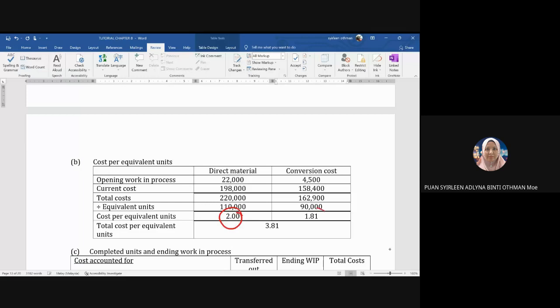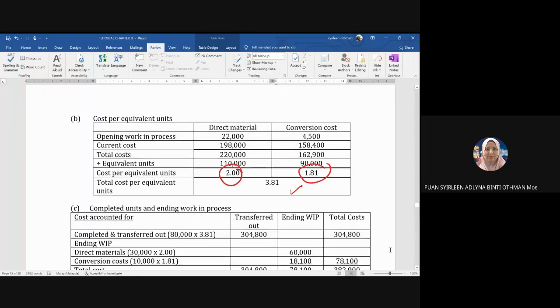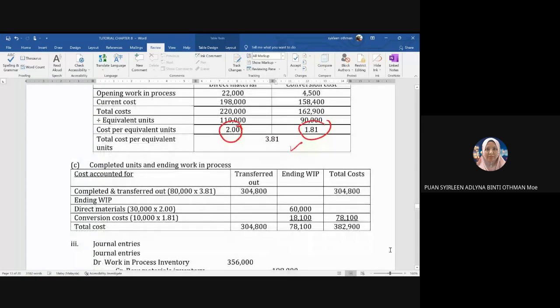Untuk conversion cost ialah RM1.81. So you'll get RM3.81. Okay, the last part of the question, you are supposed to calculate the completed unit and ending work in process costs. Okay, so my completed is RM304,800. Okay, my ending WIP ni ialah